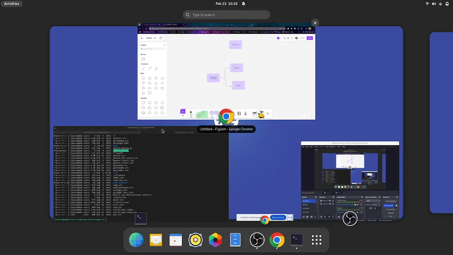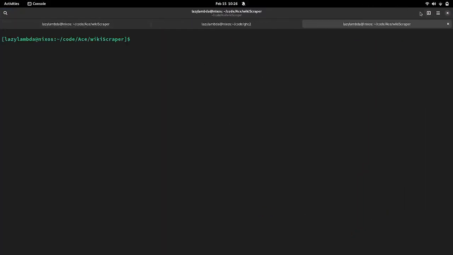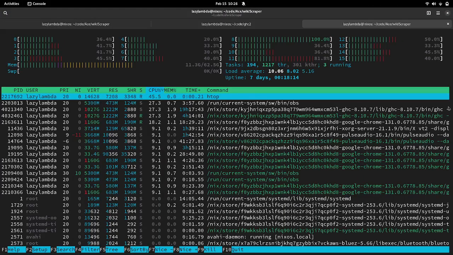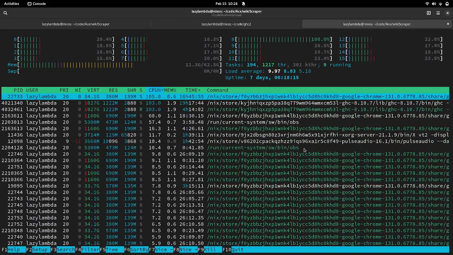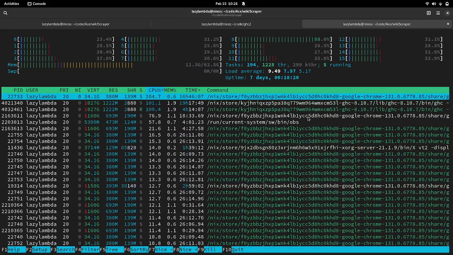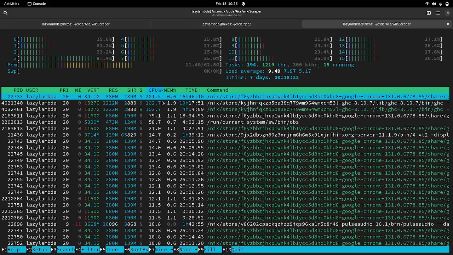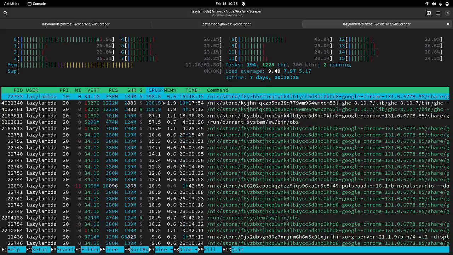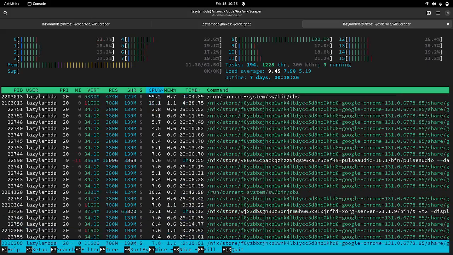I wasn't planning on doing this, but if you're on Linux, you can simply type in htop, and you'll see all the processes and threads that are running on your computer.